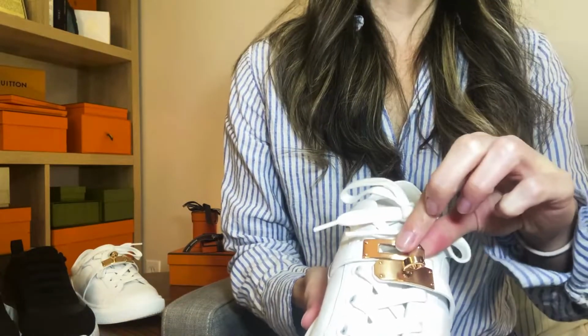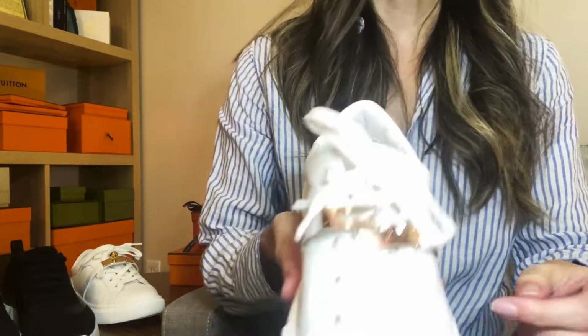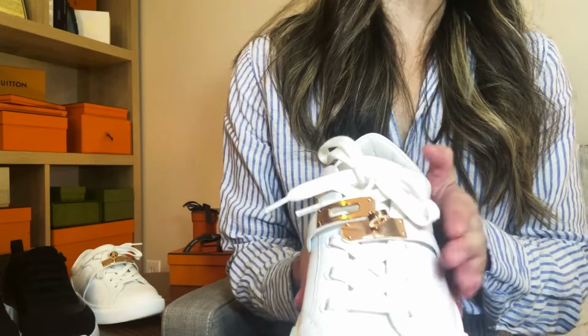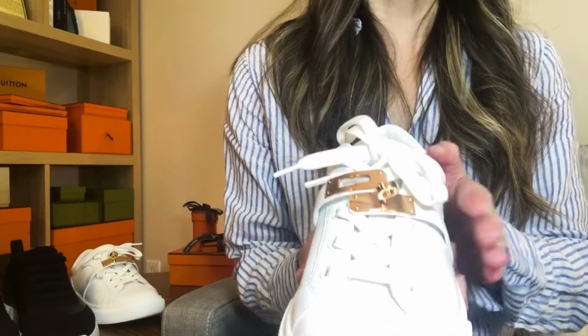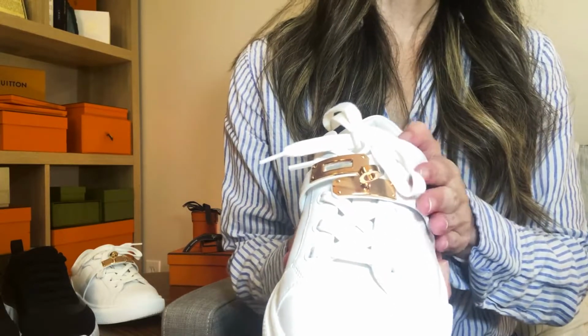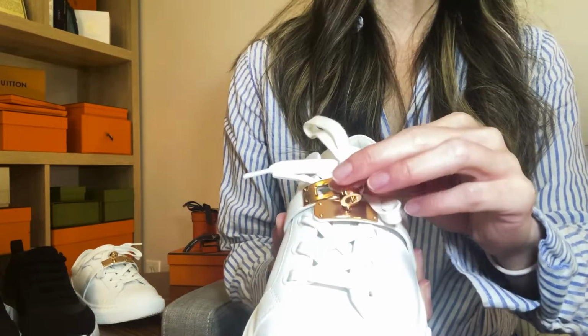Now, I typically wear mine unbuckled, and I really don't have an issue with that. They don't really flop around if you're worried about that scratching up. And I have narrow feet. Like, I can't wear the Oran sandals or the Oasis sandals because my foot would just slip right through. And so I think depending on the width of your feet or the height of your arch,